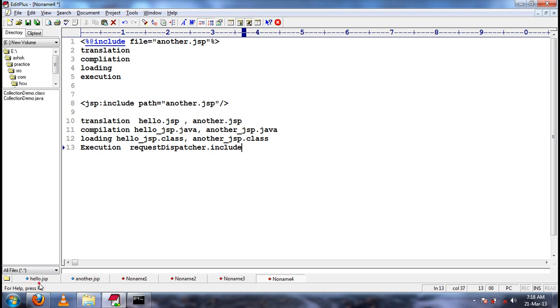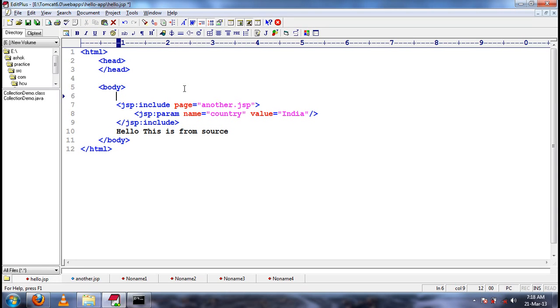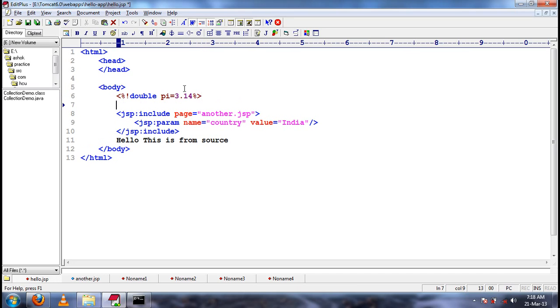Now, I have used directive include, and let me create some declaration. In the declaration portion I am creating an attribute pi equal to 3.14.